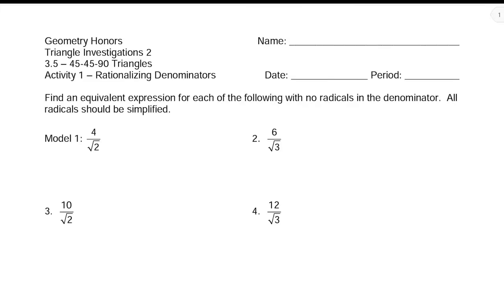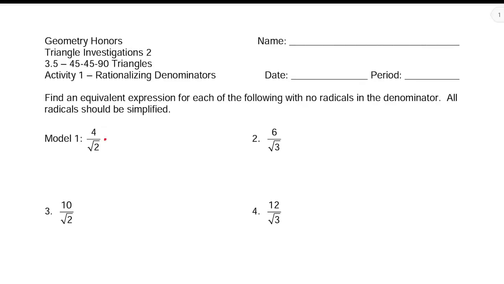In section 3.5, we are introduced to the special right triangle called a 45-45-90, and that refers to the angle measures. Before we can work successfully on those triangles, let's practice rationalizing the denominators of fractions. In the first problem, 4 over root 2, my goal is to remove the square root from the denominator, and